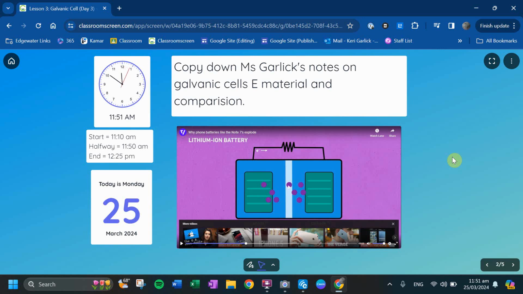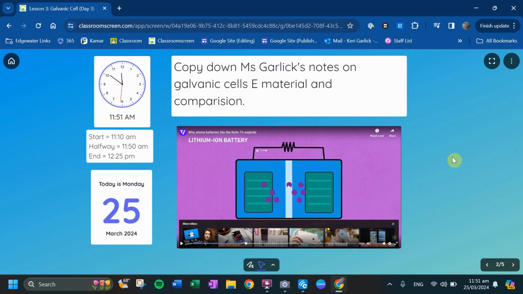So when my cell phone is not plugged in and I'm using it as is right now, it is acting as a galvanic cell. It is taking that chemical energy that's stored in my battery and it's converting it into electrical energy, which is then powering my phone. Now, this is not an endless supply of energy. As you guys know, your batteries in your phone do die, and your phone then dies and turns off, so you then run out. So that's the end of the galvanic cell and the charge of that galvanic cell.